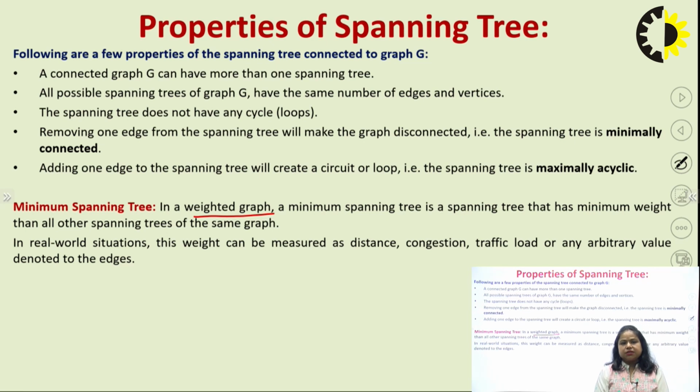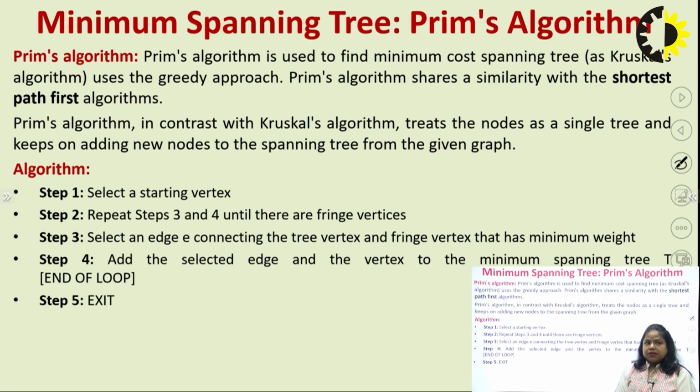In real-world situations, the weight is measured in the form of distance, time, congestion, traffic load, or any arbitrary value which is denoted on the edges, and this is called a weight. Now, when I am talking about the minimum spanning tree,